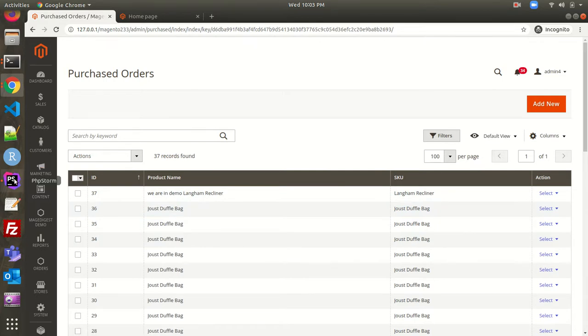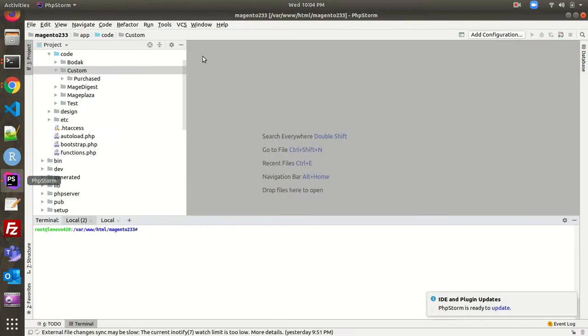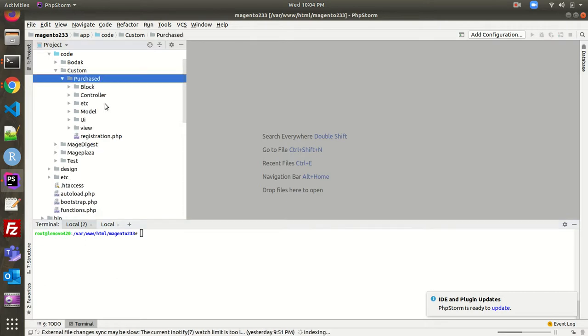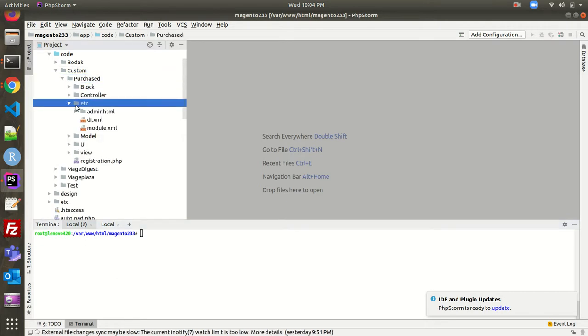Now I'm going to the coding part, and I'll explain it step by step. So be with me. This is the namespace, this is the module, and we're starting off with the etc directory.